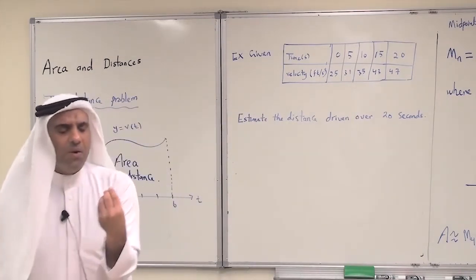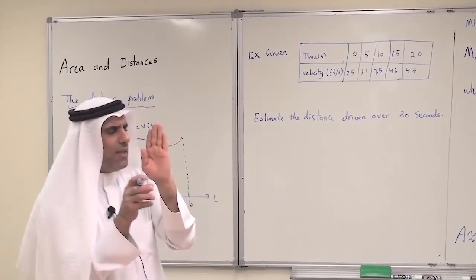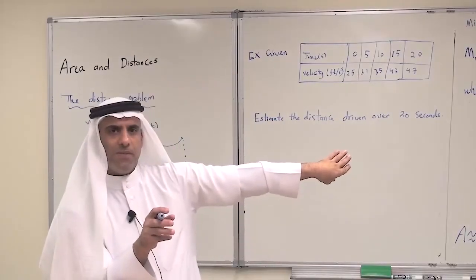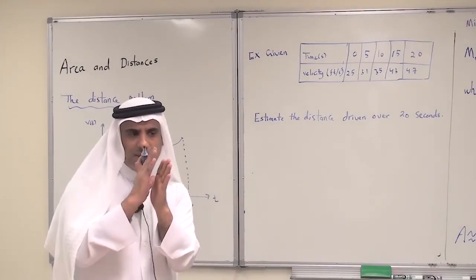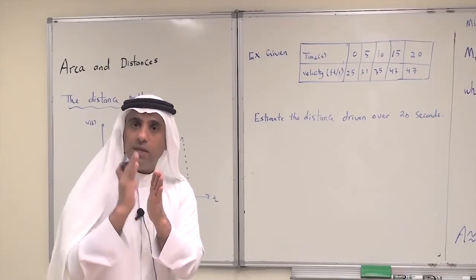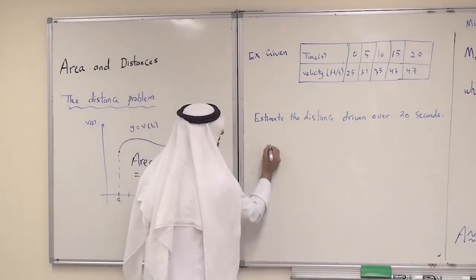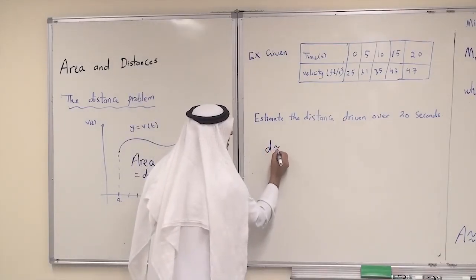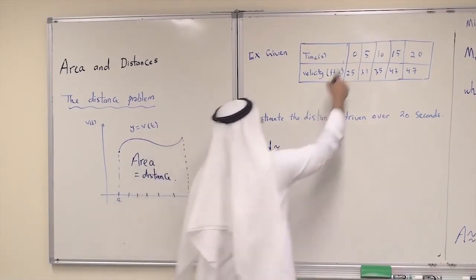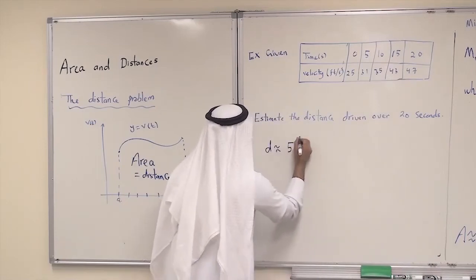What we will do now, we can estimate the distance traveled by using the velocity at the beginning of each subinterval. We call it left point approximation. Or we may approximate it by choosing the right point, the velocity at the right endpoints. We call it right point approximation. So I will say here the distance is approximately equal to, of course, the length of each subinterval is 5, so it is 5 times